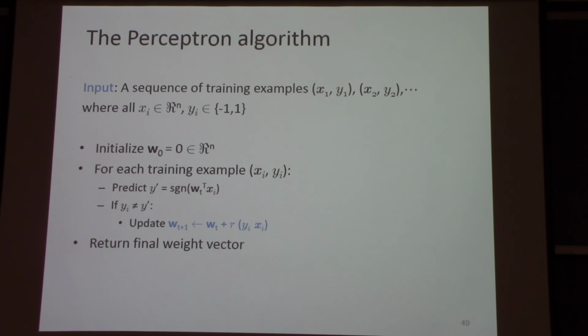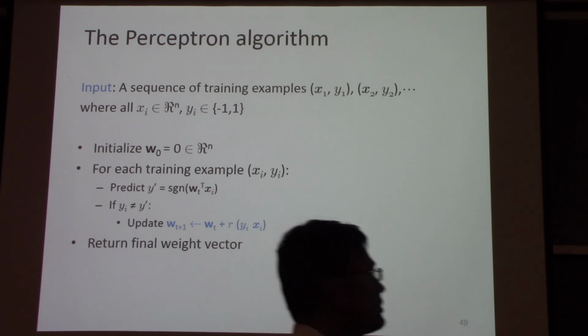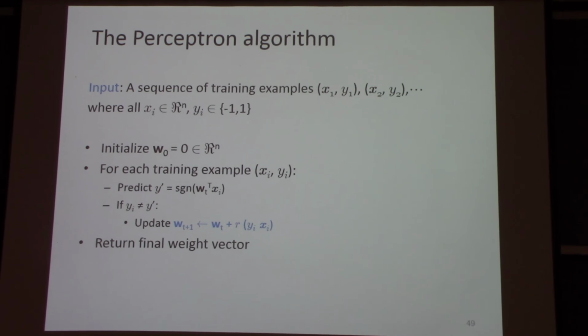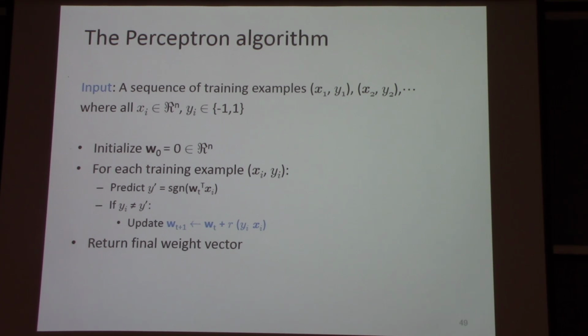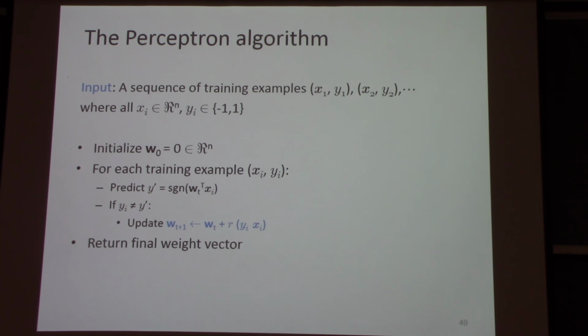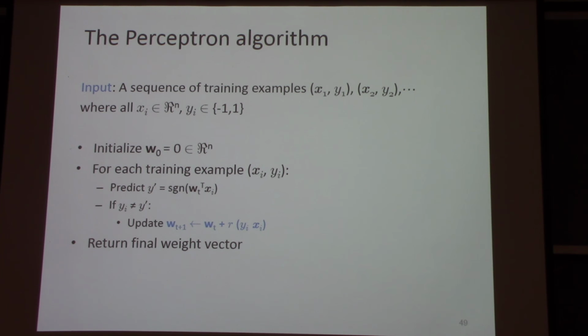So let's start with the Perceptron algorithm again. The input to this is a sequence of examples, and just to remind you of the convention we've been following, x's are examples and y's are labels. And the examples are n-dimensional vectors. So we are given a sequence of n-dimensional data points, and what the algorithm does is, again, it's an online algorithm. So a new example comes in, the